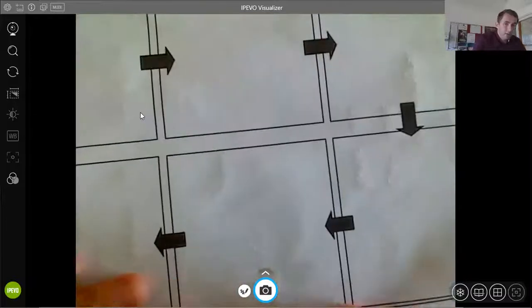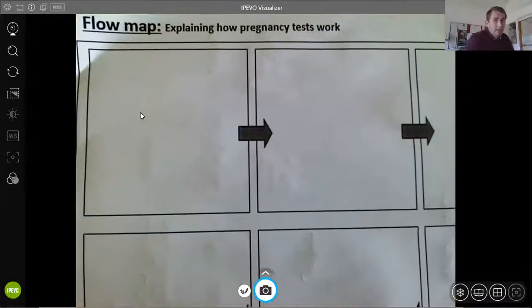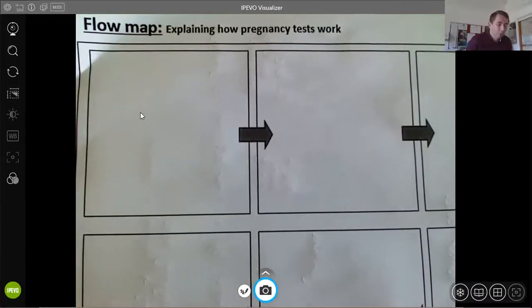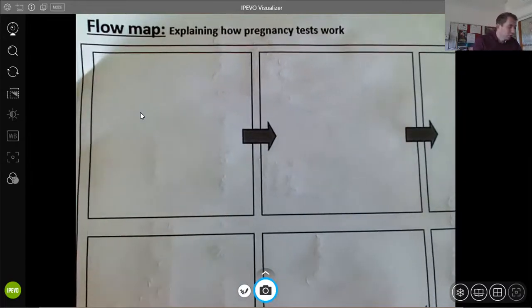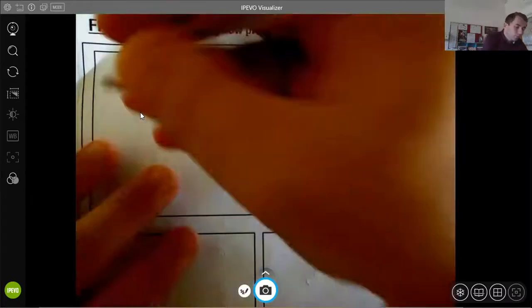Now, the next part of the lesson is actually looking at this example here, and that is explaining how pregnancy tests work. Now, this is the example you need to be able to explain in detail, okay, for your exams next year. Now, the first thing to say is that we need to know about a hormone, and this hormone is called